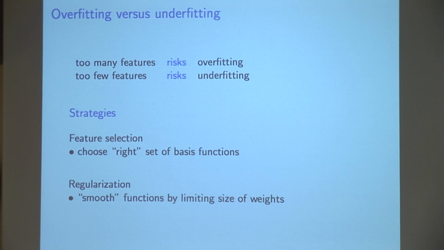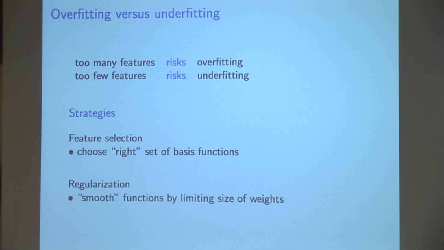There's sort of two generic computational approaches to this problem, or the way it renders out computationally. I'll come back to Bayes later. But in this kind of optimization setting, we have feature selection. That is, given this massive set of basis functions, wouldn't it be grand if we could just reach in and pick out a small, meaningful set and just avoid overfitting, but still have a good enough small set of features that we also avoid underfitting, okay? So we could try to use some feature selection process to both choose the features and learn the model on top. Computationally catastrophic, but sounds like a nice idea, okay?